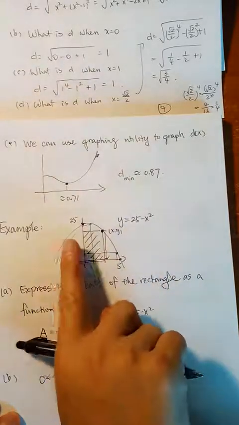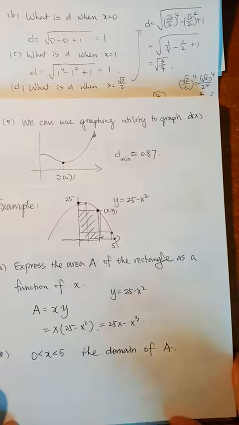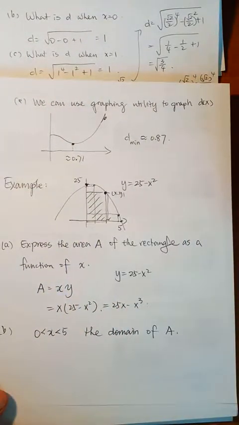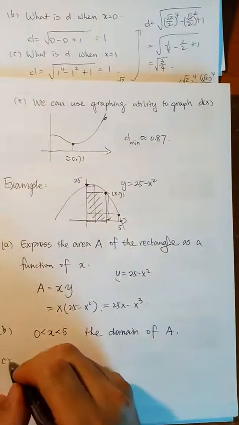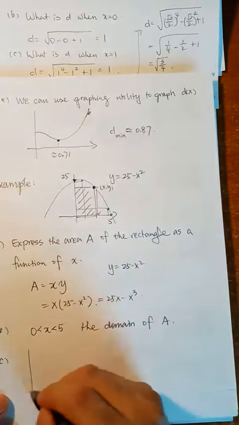It should be between 0 and 5 to have a rectangle. Okay? And if we use some graphing utility to graph this A in terms of x,